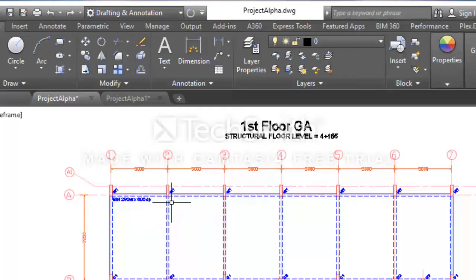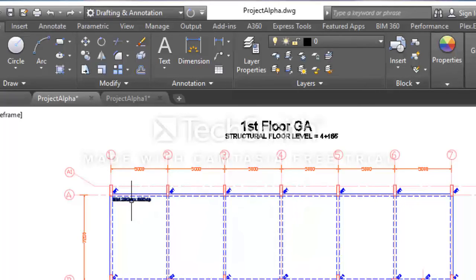I will only put more than one label along a grid line if the dimension of the beam is different. So assuming let's say beam from grid line A1 to 3 is 230 by 600 and grid line A3 to 5 is say 230 by 750.